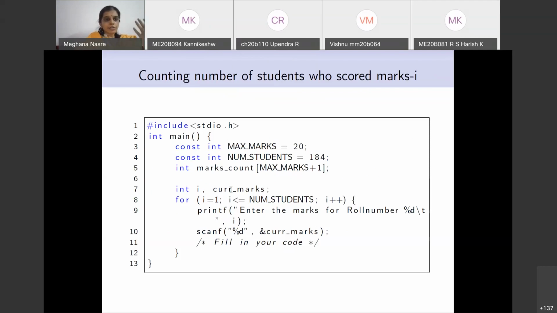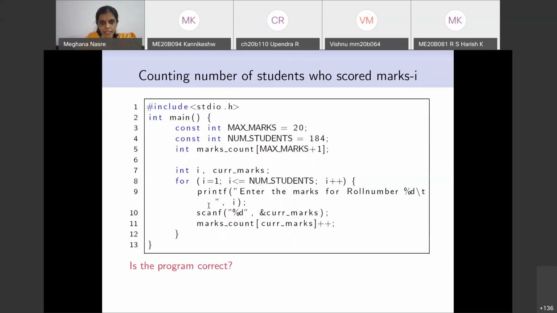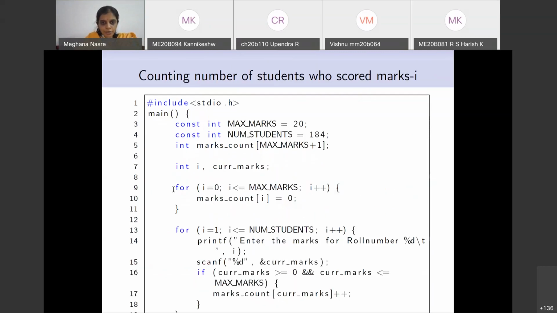Again, you'll use arrays when you require a large number of variables of the same type. If you have 2 variables, you won't use an array, most likely. So what we have done in our corrected program, if you see, I have used a loop to initialize the elements of the array. Because writing these 20 values explicitly, or 21 values, is not a nice thing for me to do. So I'm not going to do that. In fact, I'm going to write a loop which is of 3 lines and just initialize the marks count of I to be 0, right? Okay.